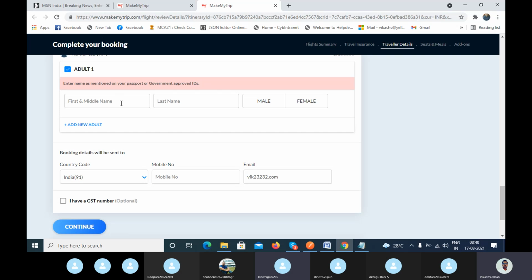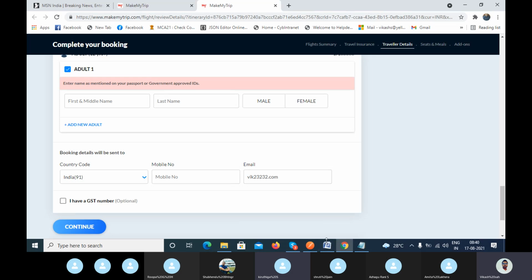For the next positive scenario, you add one person with a last name, right? And then you select female. At one time you can only select one gender, right? So in the second scenario you select female, and select the country code, the mobile number, and the email ID, right? And on this one I will not select the checkbox I have a GST number. Okay, in the third scenario, you can apply the positive scenario like that,